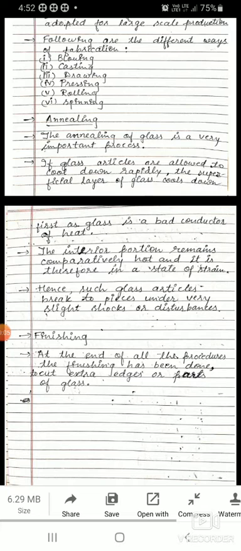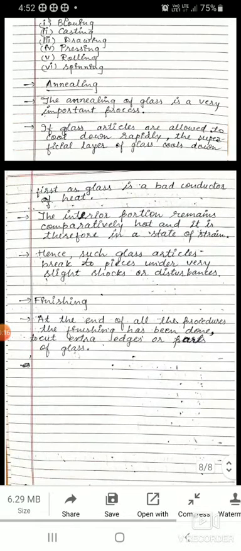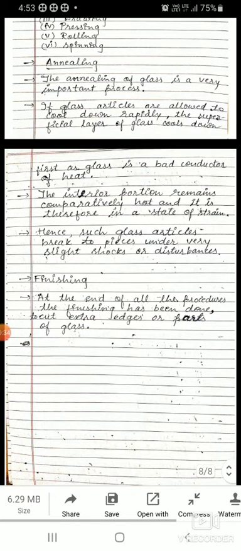Now after annealing, the glass is taken for the finishing process. In this finishing process, the extra edges or extra parts of glass, or small pieces that come out from the glass while manufacturing it, are cut and then it is finished very nicely.